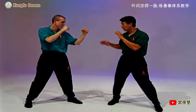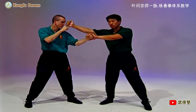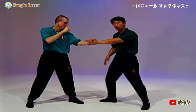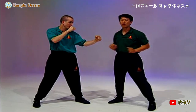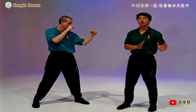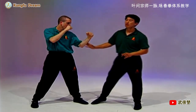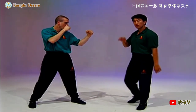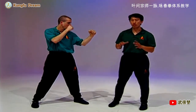Now, okay, I'm at a short kicking distance. I can continue to kick him, but I can strike him. I can kick him with both feet now, but I can only strike him one hand at a time. Okay? So as distance increases, you have less option. As distance decreases, you give him more option. Okay? So from long distance into short kicking, into long striking, now we move into what we call Wing Chun